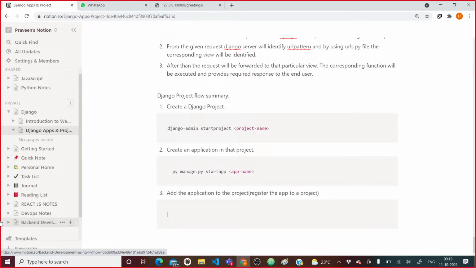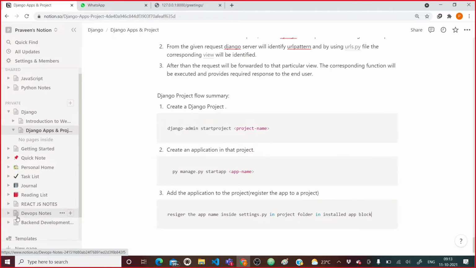You can do this by registering the app name inside settings.py in the project folder, in the installed apps block.